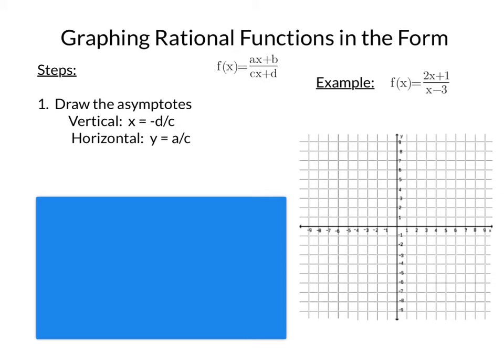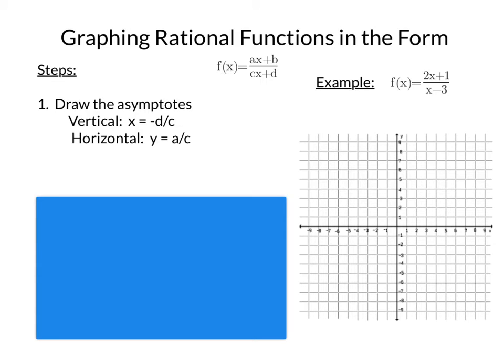The final form of a rational function that we're going to learn to graph today is the form of f of x equals the quantity of ax plus b divided by the quantity of cx plus d. Our steps are very similar to the last form that we learned to graph, except our vertical and horizontal asymptotes are found differently. To find our vertical asymptote, it's going to be the equation x equals negative d over